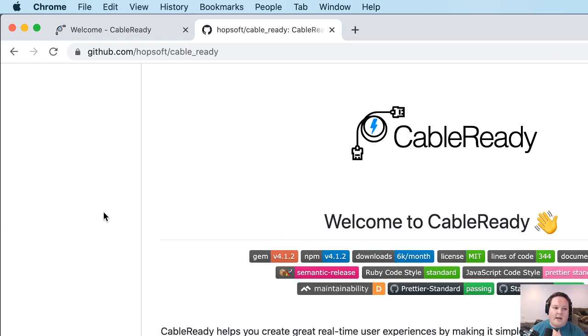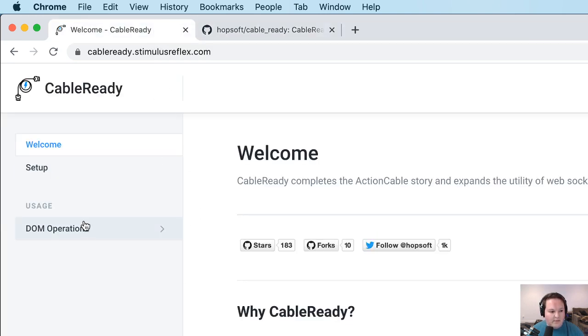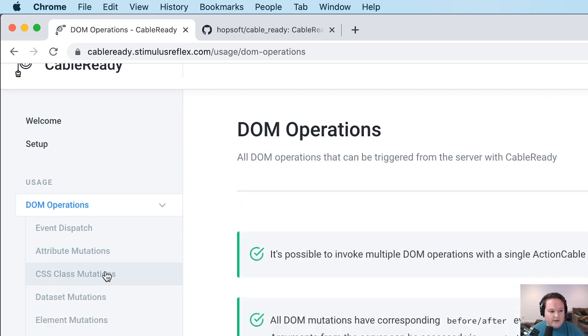Now the cool thing about CableReady is we can use this to trigger HTML DOM updates from the server side. So the server decides. Normally with AnyCable, you would be broadcasting JSON and letting the Stimulus controller look at the JSON and determine what to do with it. And that's fine, but it's a little bit more JavaScript work that you don't need to do. And that's where CableReady comes in. So we'll be able to do things like,